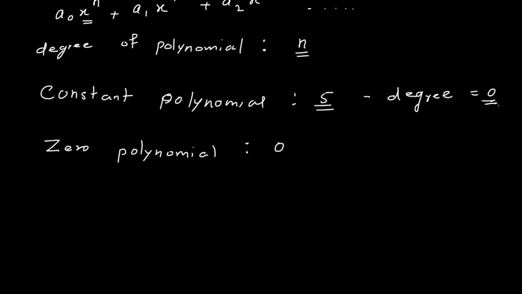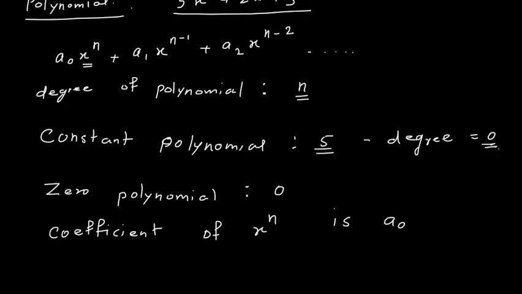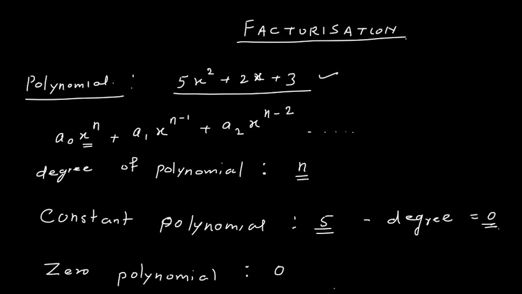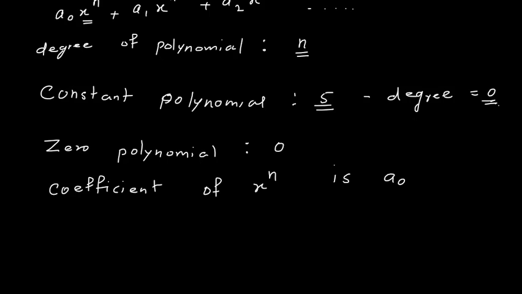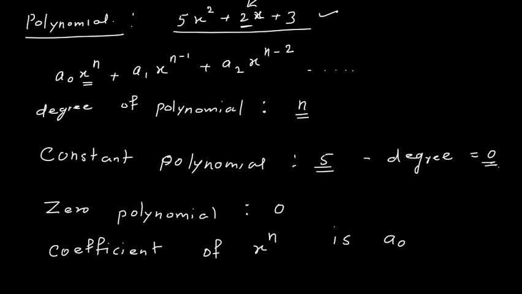I used one term called coefficient. So what is a coefficient? The coefficient of a variable is the constant number which is written in multiplication with the variable. Here the coefficient of x power n in this example is a0. Similarly, the coefficient of x in this case is 2. So you understand what the coefficient of a polynomial is. So we understood what a polynomial is.